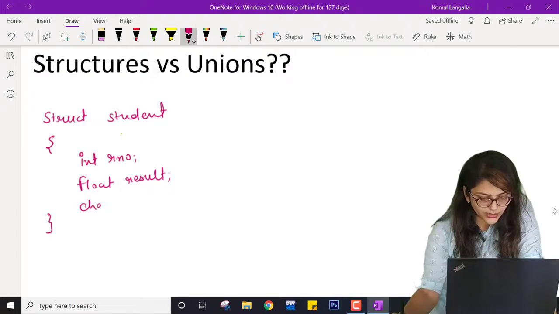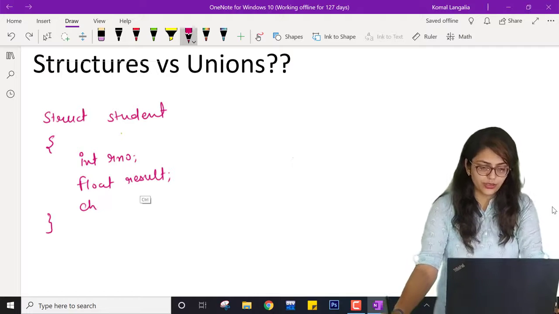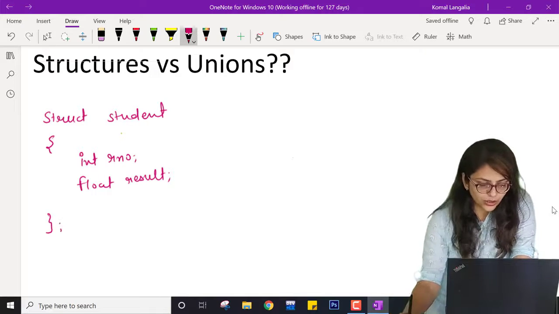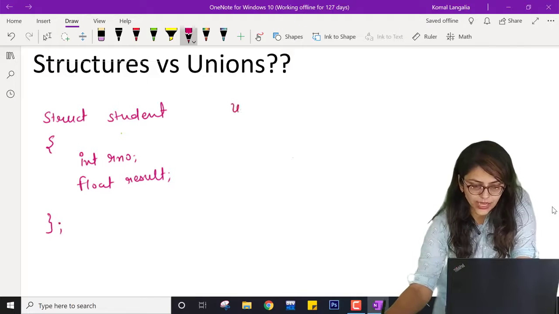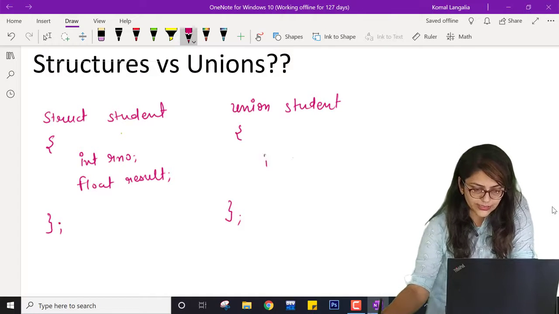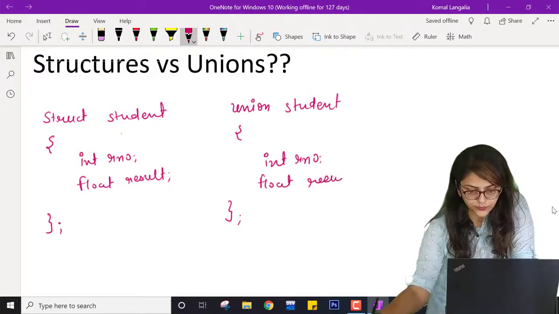So it is having two members, and suppose I have created another thing, that is union of student, not the structure, and inside that I am taking similar members, r number and float result, right?